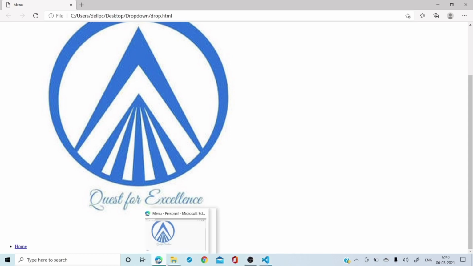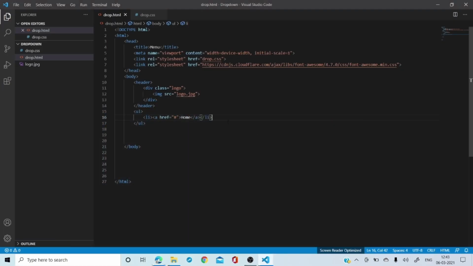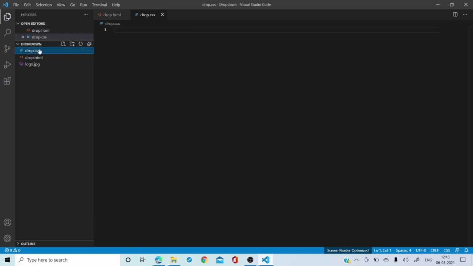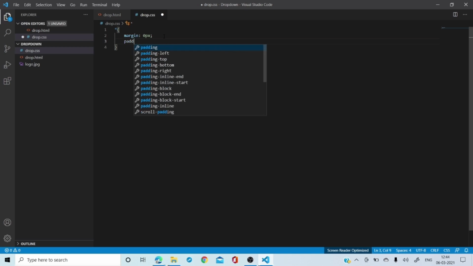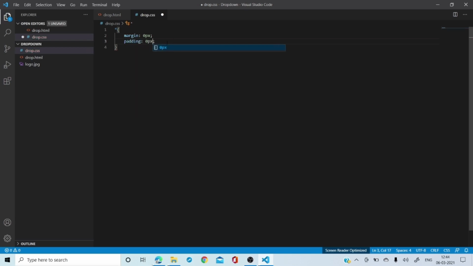Okay, so let me do one thing. I'll go here and do some important work, that is, margin 0 pixel and padding also 0 pixel. Like this I'm going to put.